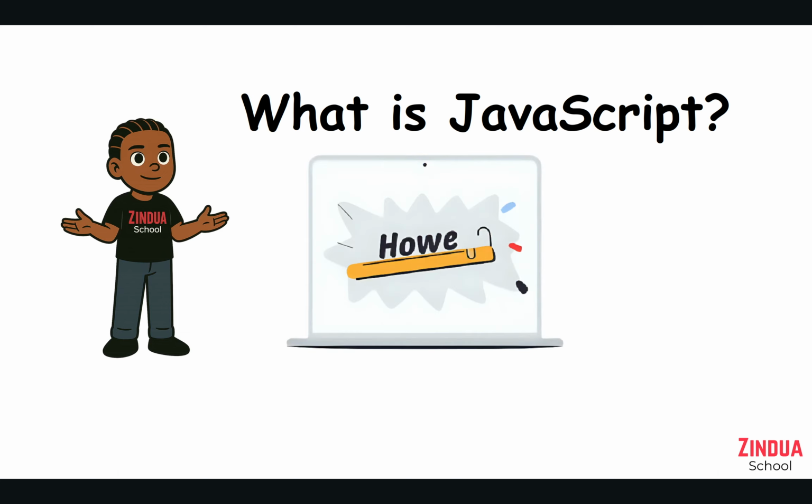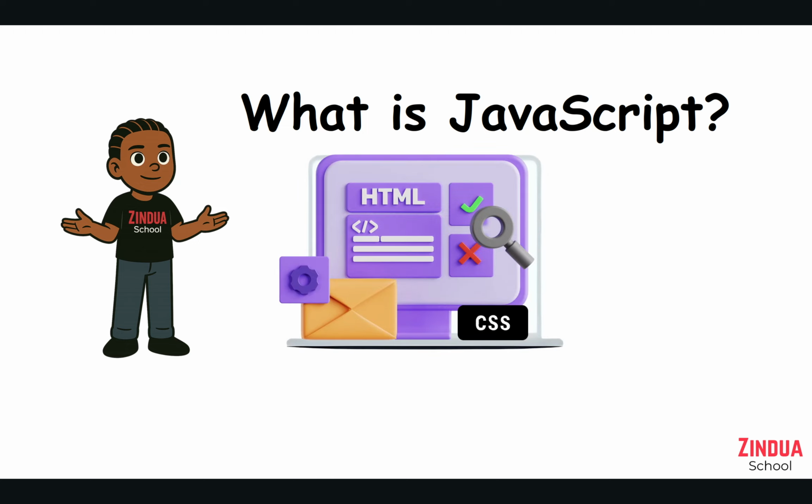Think of things like dynamic content, animations, interactive things. You click a button, it does some action, and so on and so forth. All that is brought about by JavaScript. And again, as I have mentioned, CSS and HTML are still necessary because you have to create a skeleton, you have to give the page a skin, and then now you bring in the aspect of being dynamic.